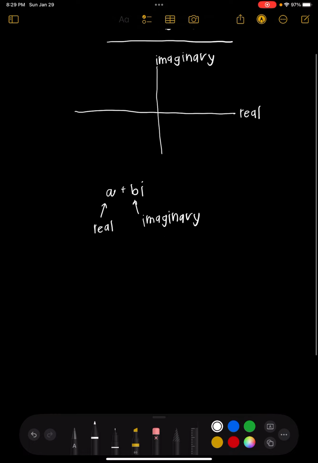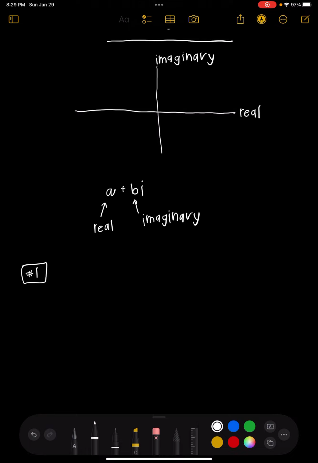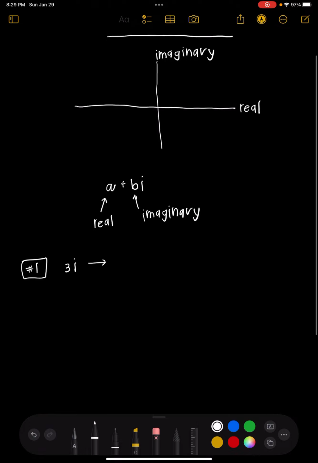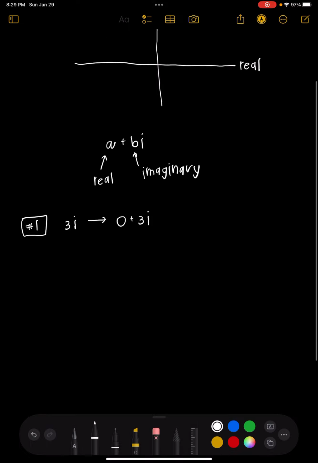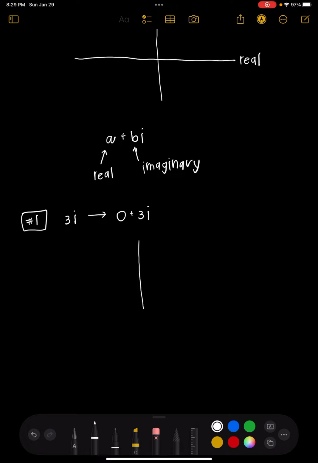So let's go through the first example. The first example just says 3i, so we're going to graph 3i. Now remember, the other way to write that, because there's no real part to that, we can write 0 plus 3i. Either way, it doesn't matter. We can still graph it. So I'm going to draw our graph, and the real part is 0, which means we don't go left or right, but the imaginary part is a positive 3. So what I'm going to do is go positive 3 up,